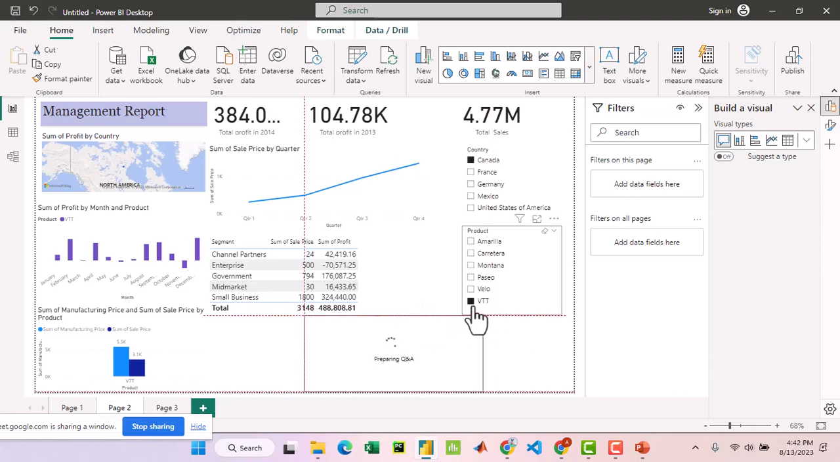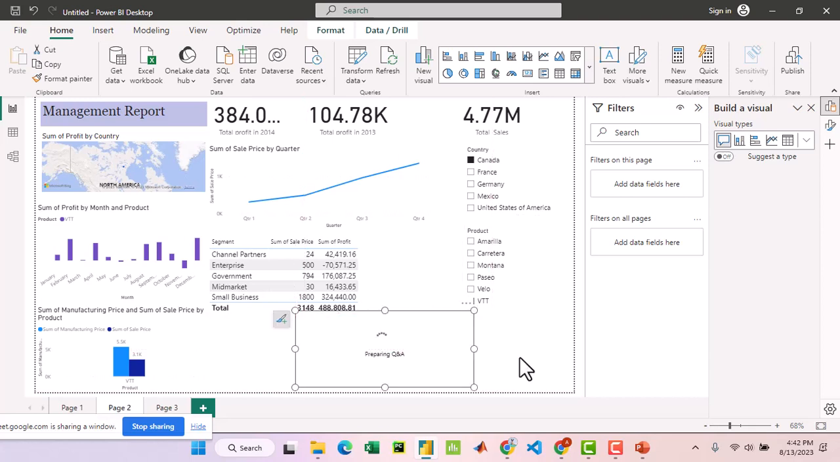So these are the questions and answers. Let's wait, it's loading. Okay, so here, these are some of the questions. It's asking what is the average sales by country. Let's say someone asks you what is the average sales by country. You can use the questions and answers. You click on it,